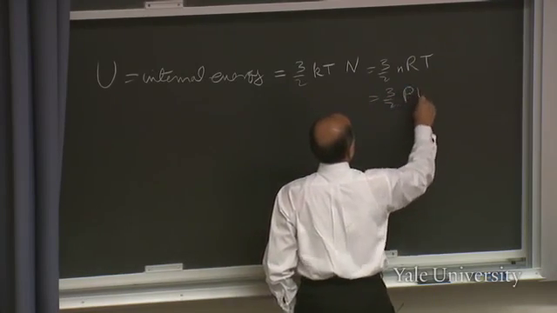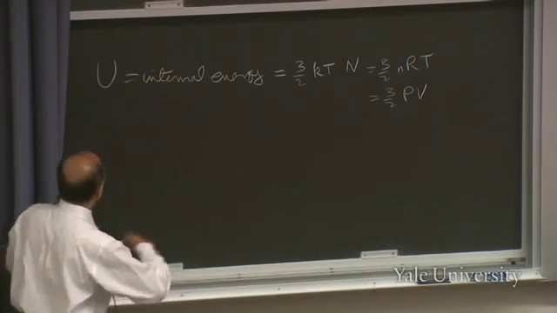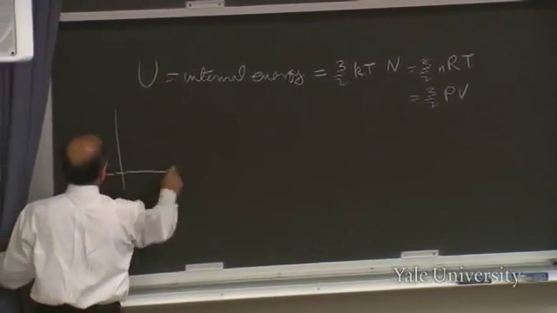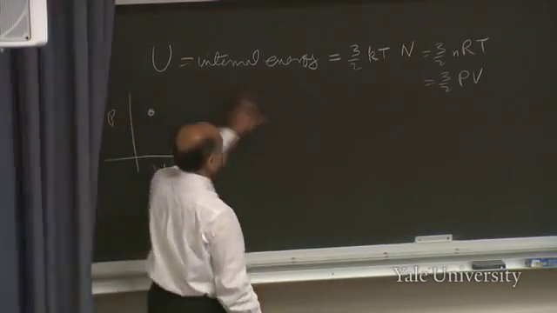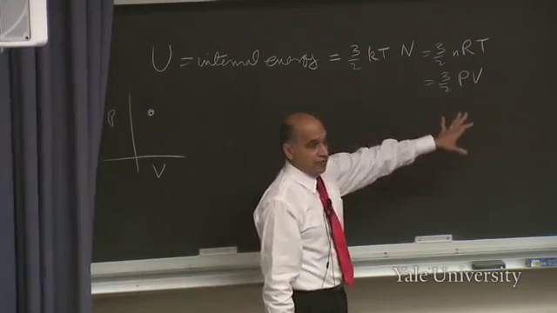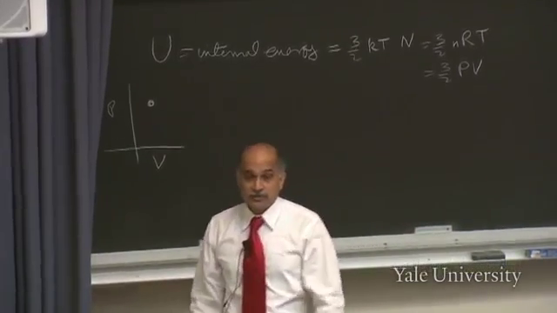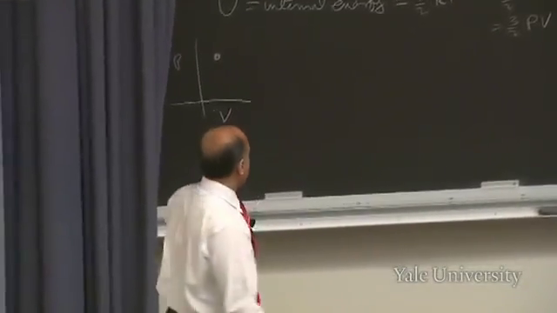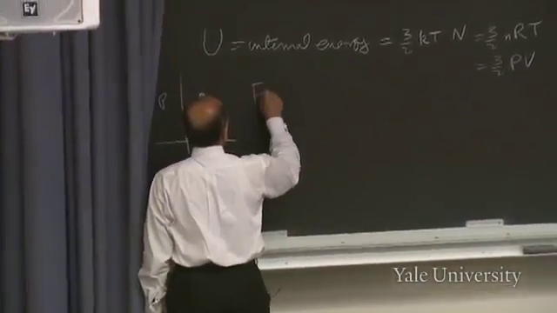You can also write it as 3/2 PV. So internal energy is just 3/2 PV. That means at a given point in the PV diagram, you have a certain internal energy. If you are there, that's your internal energy. Take 3/2 of PV, and that's literally the kinetic energy of all the molecules in your box. So now I'm ready to write down what's called the first law of thermodynamics